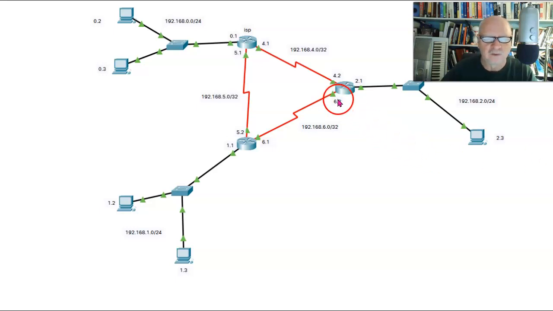We have mentioned that a lot of traffic is going on here. There are hello packets being sent from one router to another. There are LSAs, LSRs, all of this traffic constantly going. In fact, every 10 seconds these hello packets are flying all over the place. Well, that's a lot of packets. How can we cut that down?